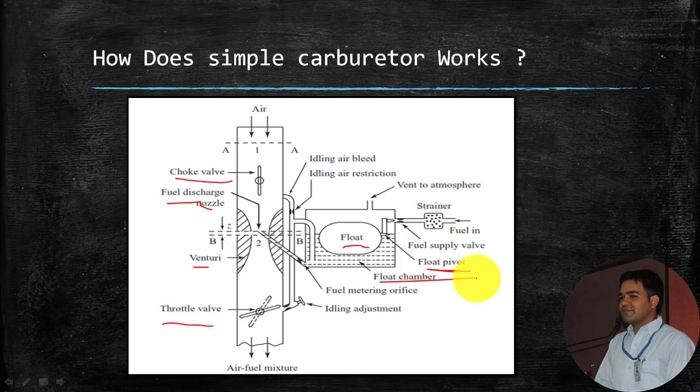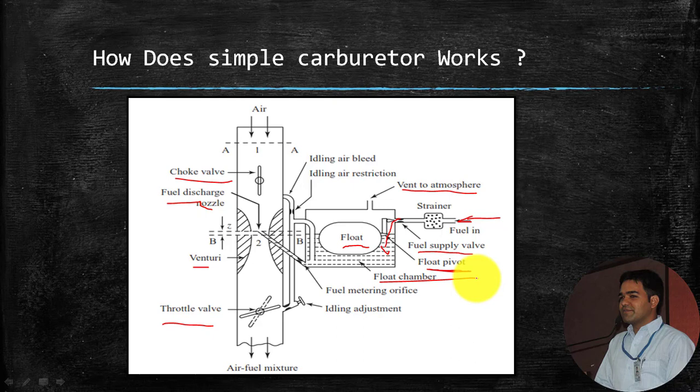If the level of gasoline inside the float chamber decreases, this float goes down and it will open this fuel supply valve, so fuel from the fuel tank flows in this direction and reaches the float chamber. And when the gasoline level reaches the designated level, this float closes this fuel supply valve and stops the fuel supply. This vent to the atmosphere has been provided to maintain the pressure inside this float